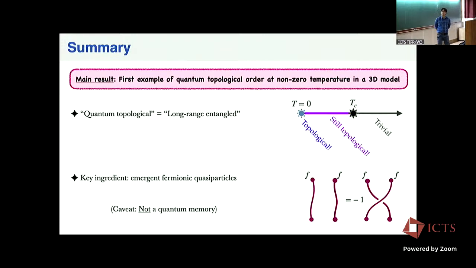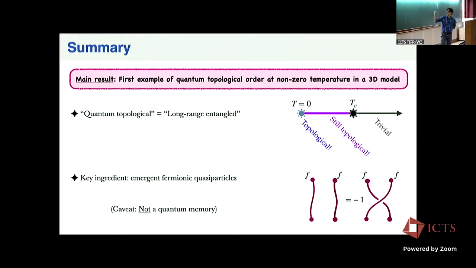And so what I mean by topological order for the purposes of this talk is that the system has some sort of long-range entanglement. So that there are some correlations which are both genuinely non-local, but also genuinely quantum. They are not classical correlations. And I will define this more carefully in a few slides.